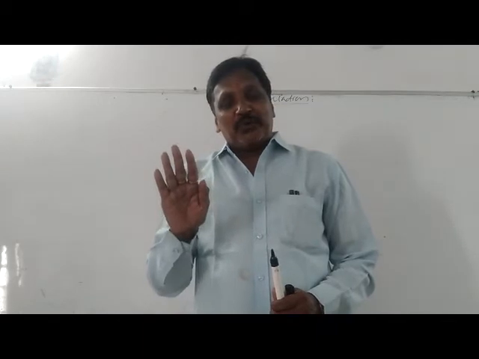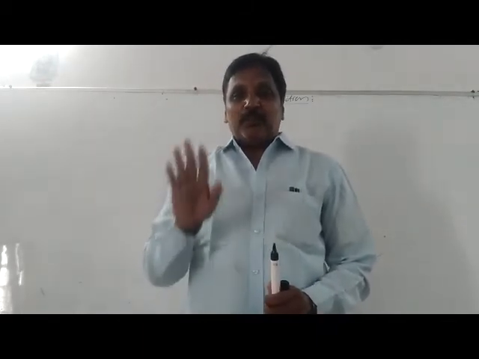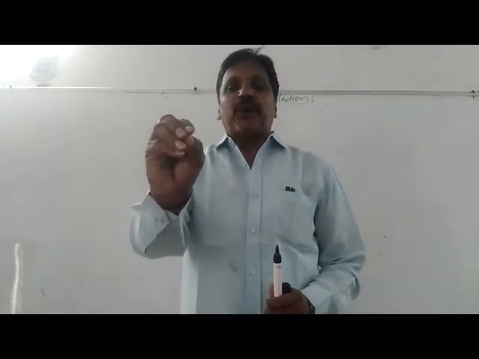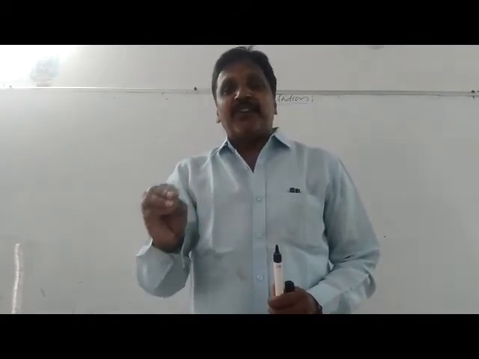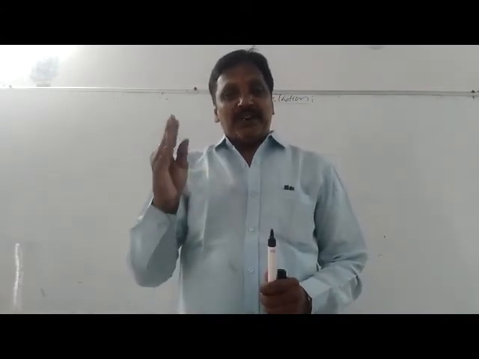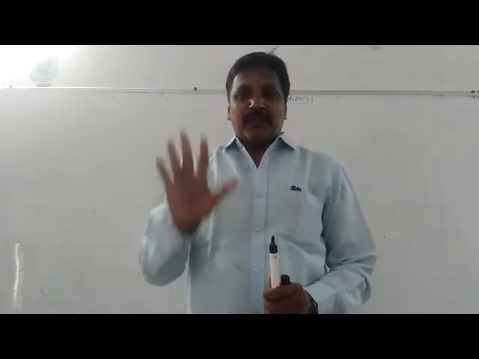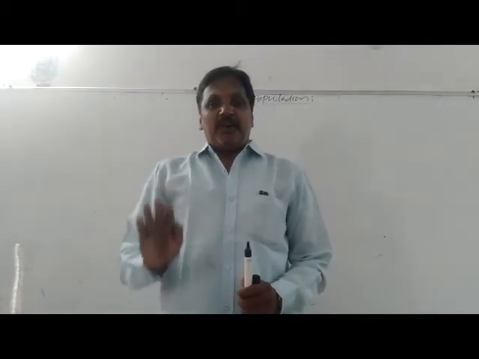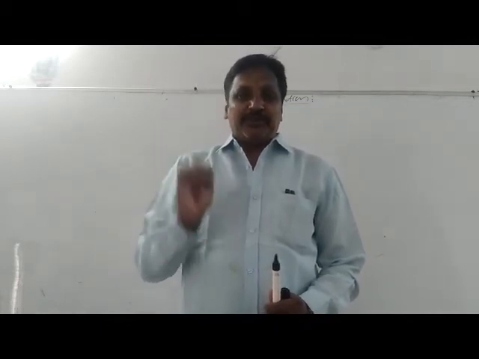Something surprising, do you know, friends? In 1950, the population of the entire world was just 250 crores. By 1987, within 37 years, it got doubled. That is, on 11th July 1987, the world population became 500 crores. That's why even the United Nations Organization declared that every year 11th July will be celebrated as World Population Day.